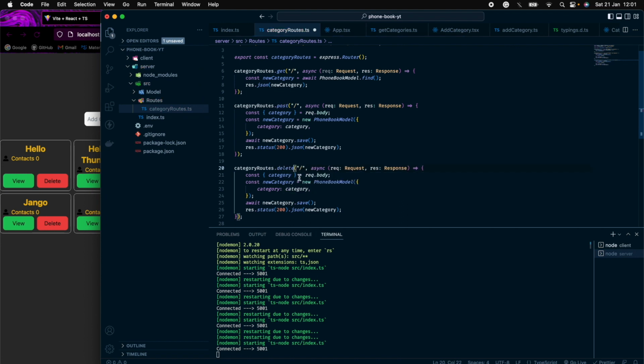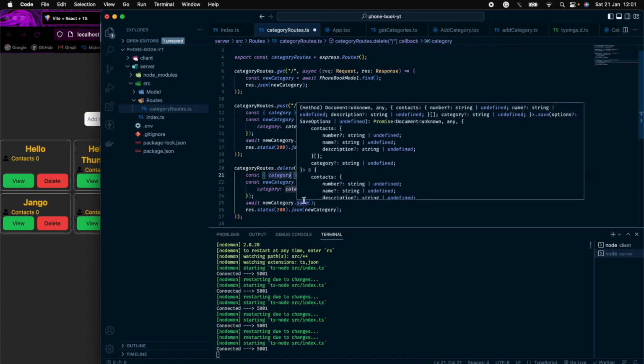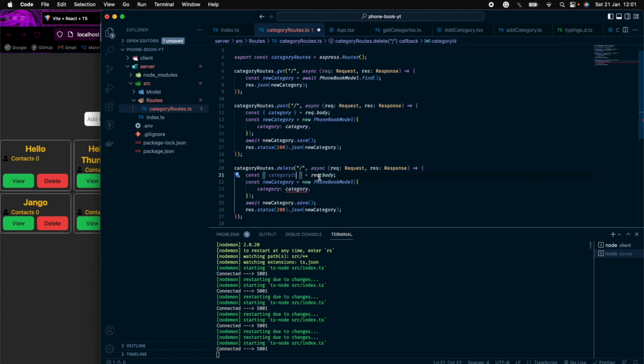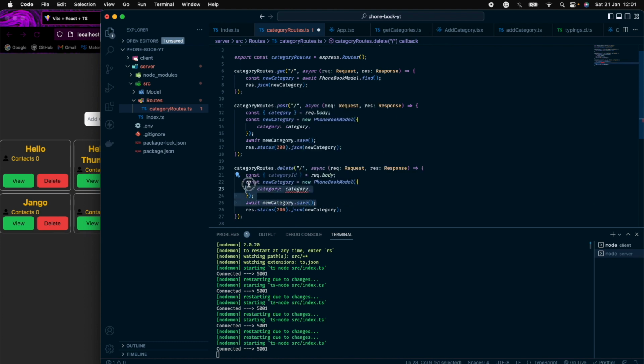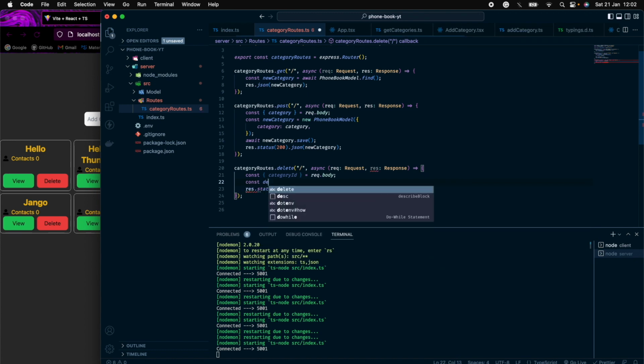It will be in the slash contact slash path, and I'll have to destructure the ID from the client. The client will be sending an ID for what category I want to delete, so that will be sent through the body. I'll destructure that out and I'll delete the category. So this part also I don't need. So if I const, I call it deleted category